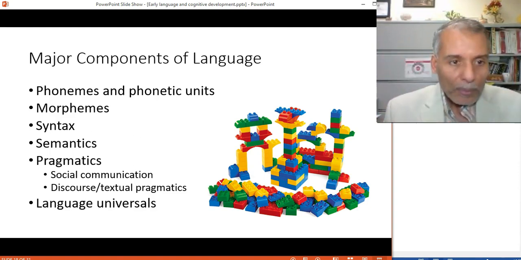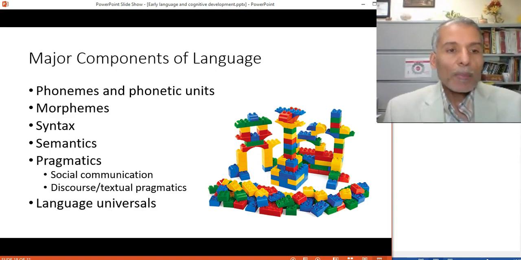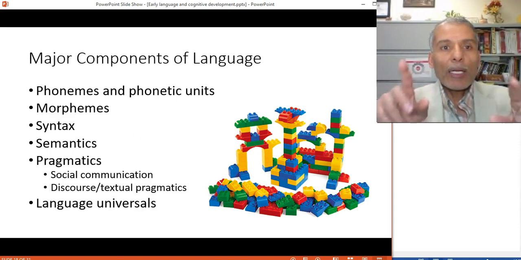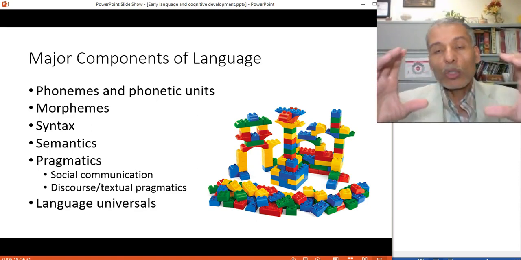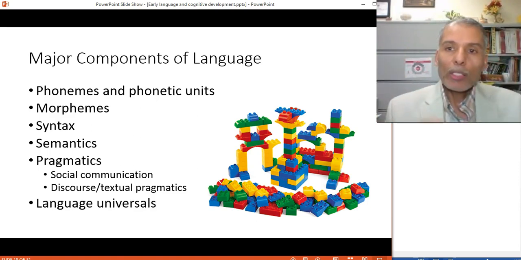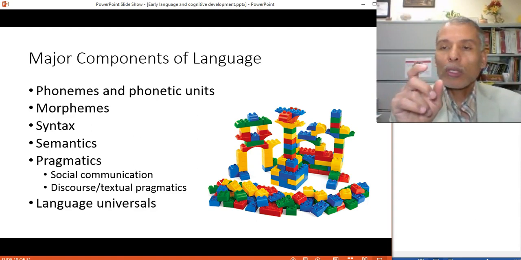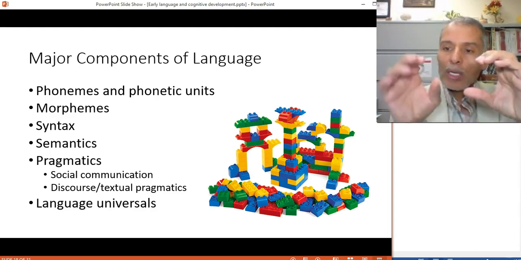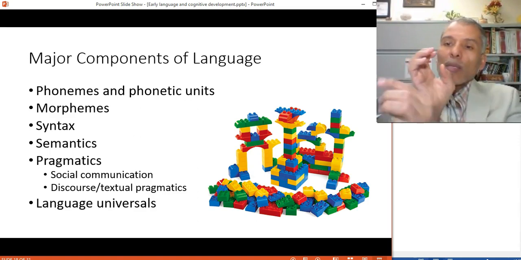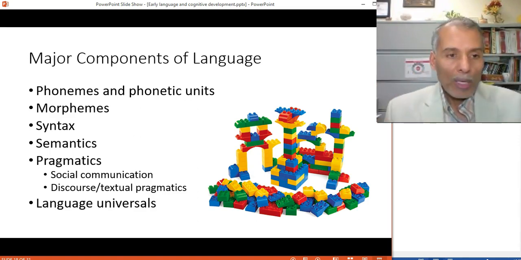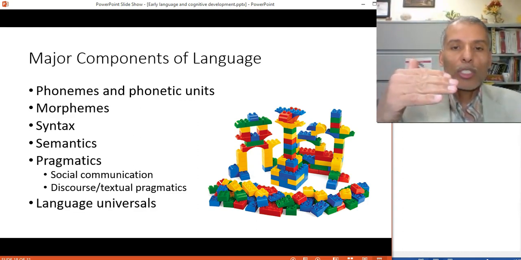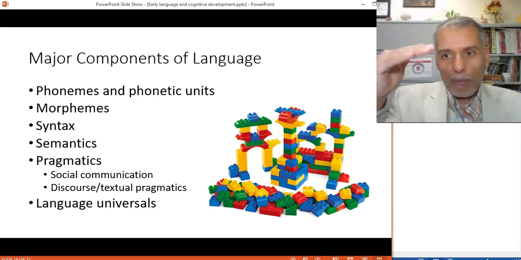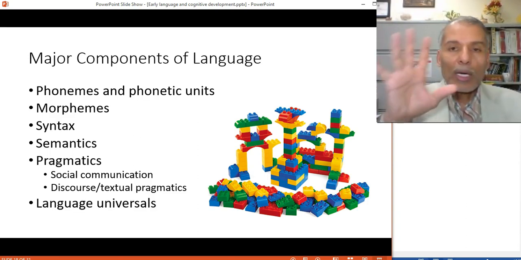So anyways, syntax is the aspect of combining words together into phrases and phrases into sentences, and using particular tools. Like you said, in this position you put nouns, in this position you put verbs, in that position you put this and that. So it deals with the grammar of the languages. It deals with how the different patterns of sentences are organized and made.